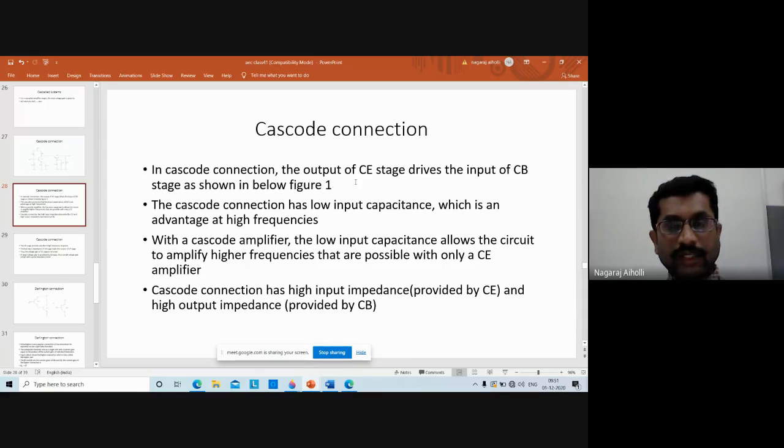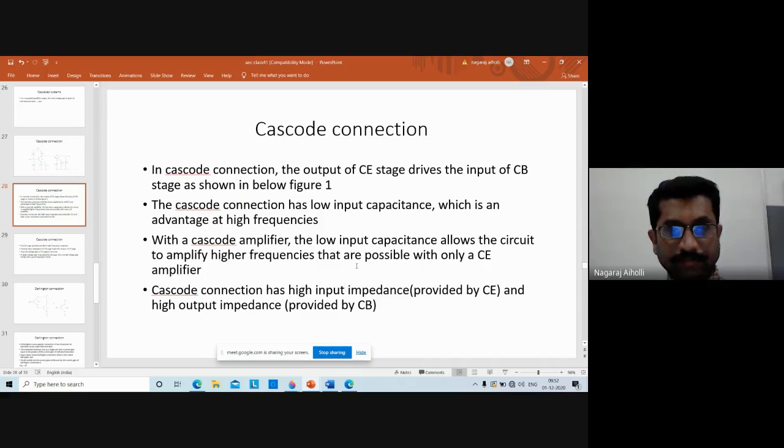In cascode connection, the output of the common emitter stage drives the input of the common base stage. That is, the cascode connection has low input capacitance. Because of this, it can amplify high frequencies. This is an advantage of the cascode connection, that it has low input capacitance. Because of the low value of input capacitance, it amplifies high frequency, which is possible only with the common emitter